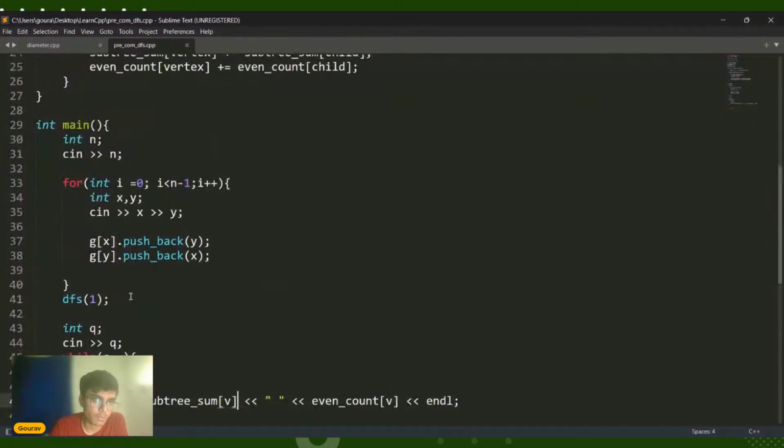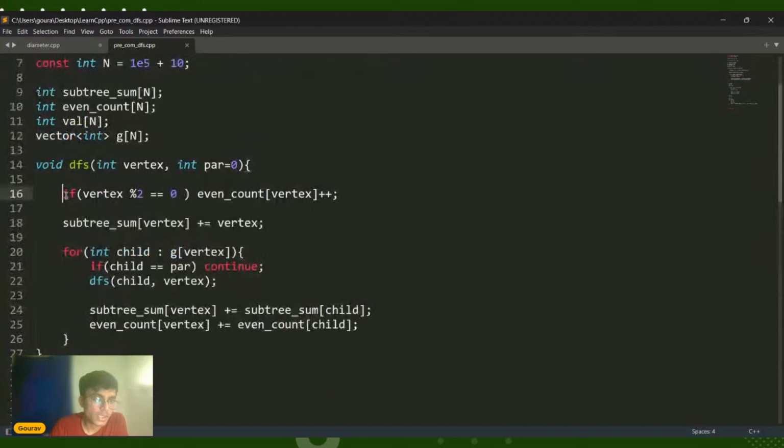So this is the code that will help you do that. You write a DFS code, and you take the vertex and the parent. Once you enter the vertex, you add the value of the vertex. For example, if you are entering the root, let's say vertex number 1, you add 1 to the root. After that, you go to the usual DFS code. Once you are coming out of that code, you add the subtree sum of the child.